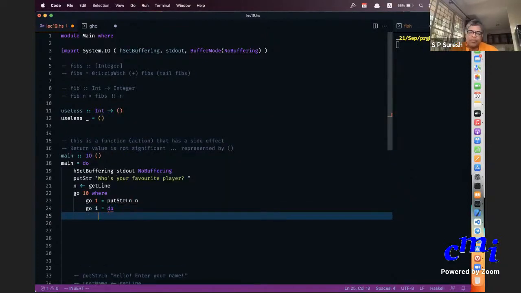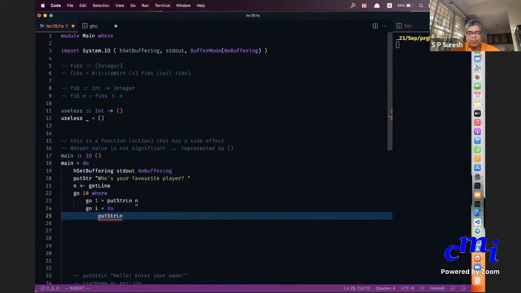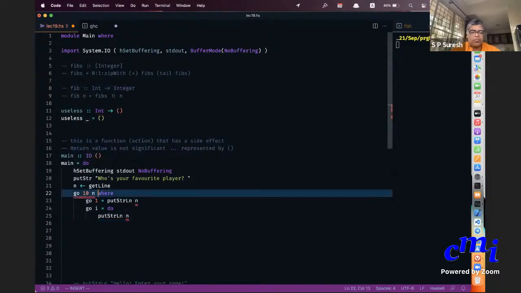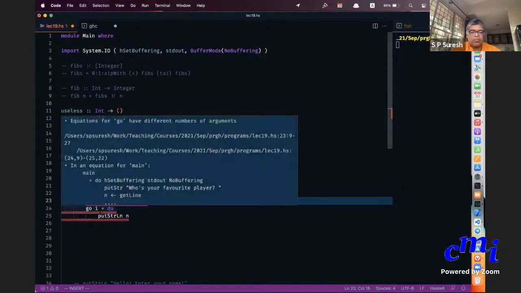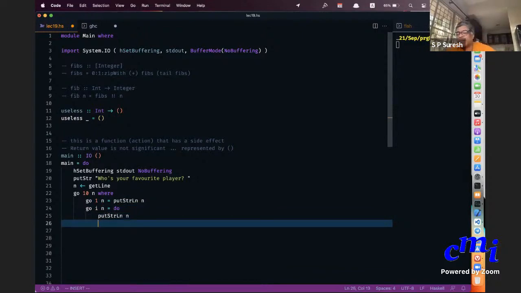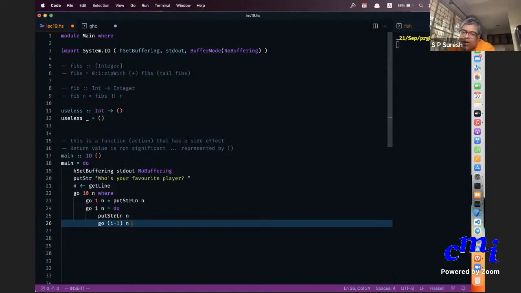You do, say, do, then putStrLn line once, followed by, what do you do now? Go (i minus 1). Recursion. Yes, go (i minus 1). So you can also do recursion inside actions. You're just going back to go (i minus 1).